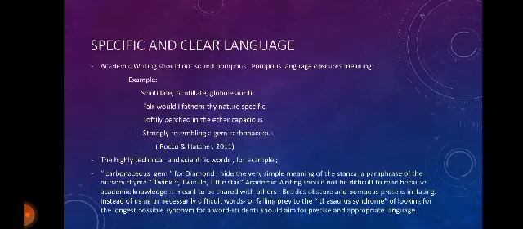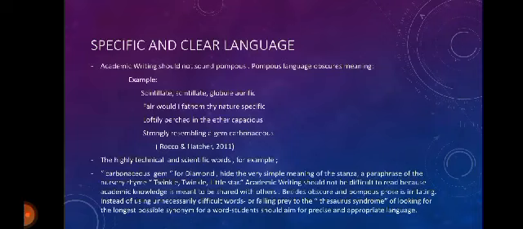Pompous language obscures meaning. Example: scintillate, scintillate, globule or effect. Fain would I fathom thy nature specific. Lofty lie, perched in the ether capacious, strongly resembling a gem carbonaceous. Rocco and Hatcher, 2011. These are highly technical and scientific words, for example carbonaceous gem for diamond, that hide the very simple meaning of the stanza. It is a paraphrase of the nursery rhyme